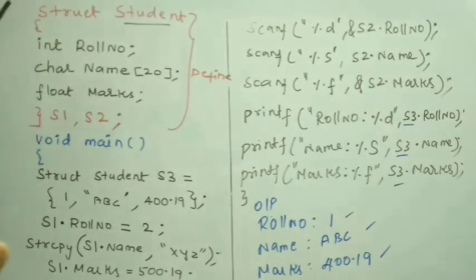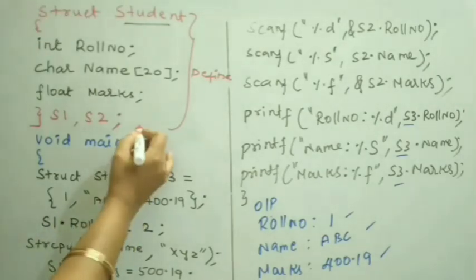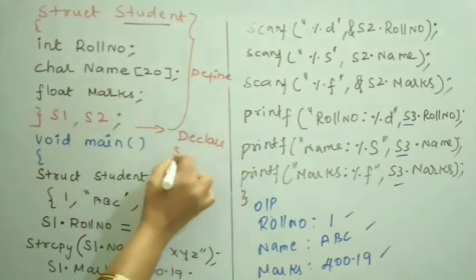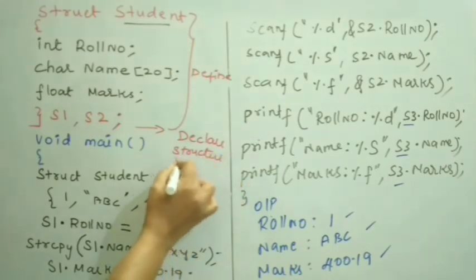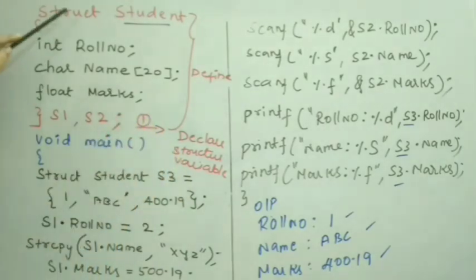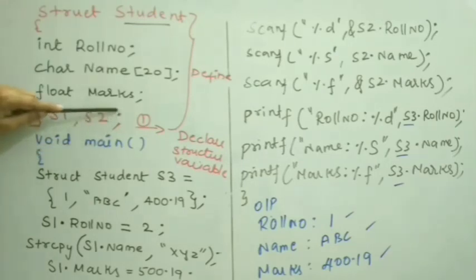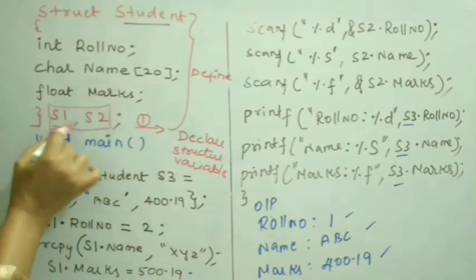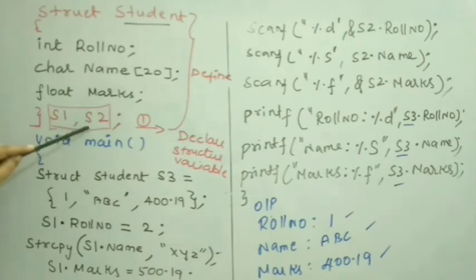I have two different options to declare a variable of the structure. How to declare a structure variable? That is possible in two ways. This is the first way: during the definition of the structure, before the structure definition ends with the semicolon, after defining all my structure data members within the curly braces, I may include my structure variable declaration. Here I may declare my structure variable. That is one way of declaring a structure variable.